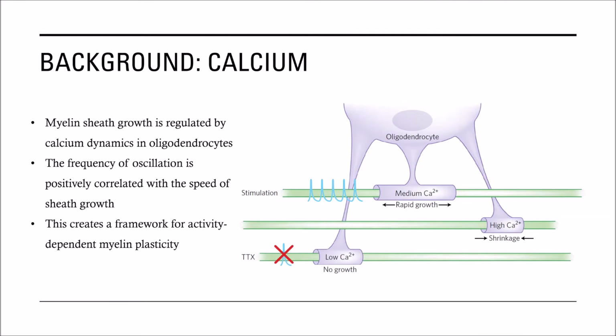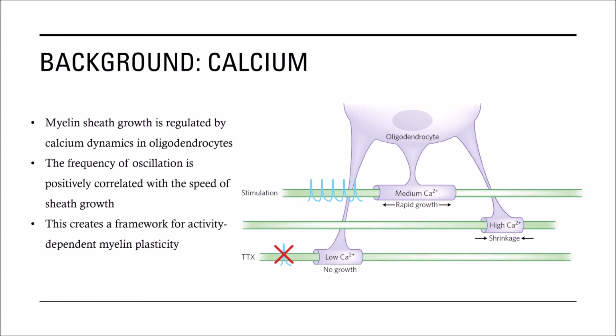In order to answer these questions, these experiments looked at calcium, an important signaling molecule implicated in things like bone solidification and muscle contraction and myelin sheath growth. They found that calcium waves in the oligodendrocytes were strong indicators of whether the myelin sheath grew or contracted. They found that higher frequency calcium waves usually led to myelin sheath growth. More importantly, they saw that myelin sheaths that enwrapped axons that were more active had faster calcium oscillations.